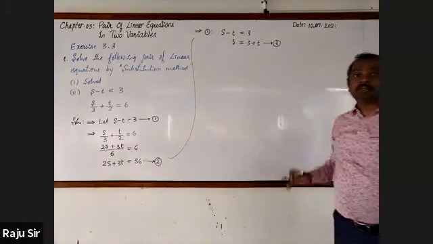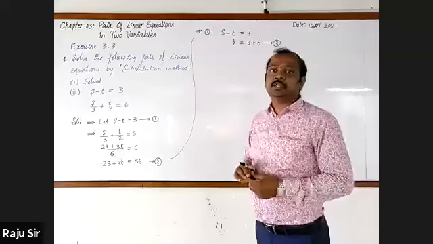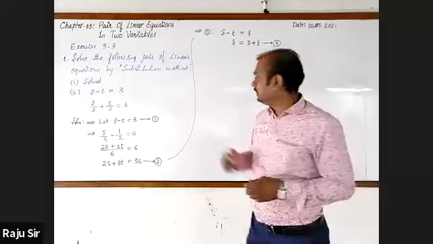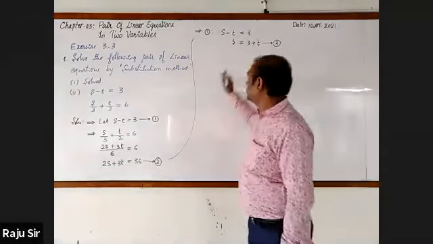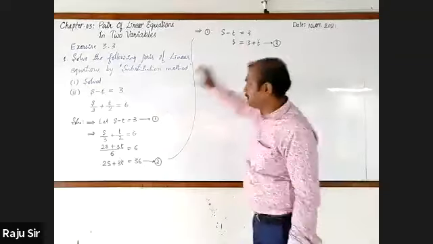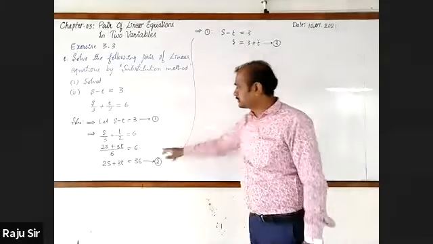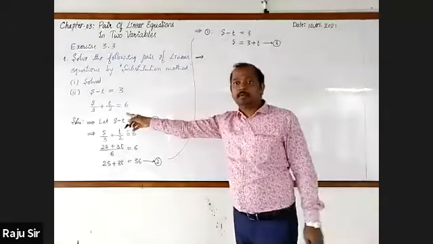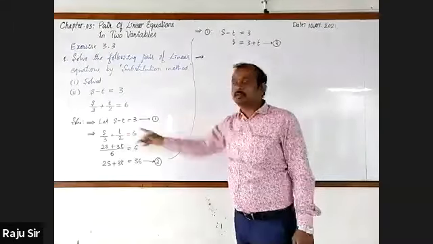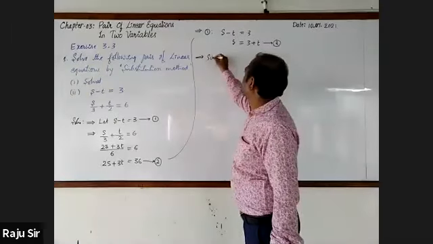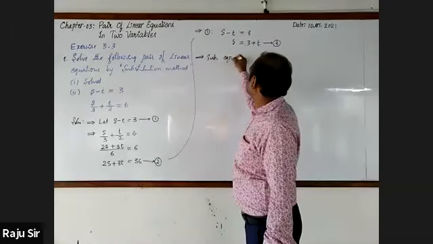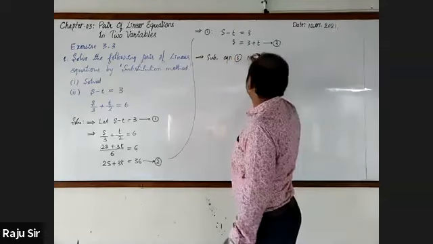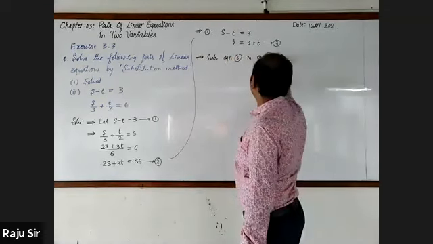After getting the third equation, it should be substituted. Where? In the second equation. Because the third equation is formed from the first equation, hence it should be substituted in the second equation. Here again put the implies symbol. See how I am using that for every step. Here substitute equation 3 in equation 2.